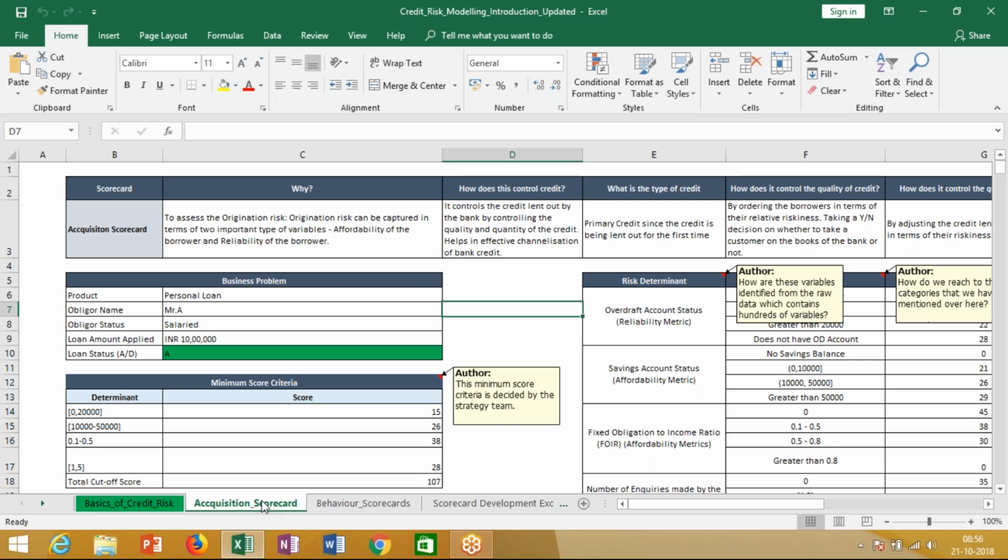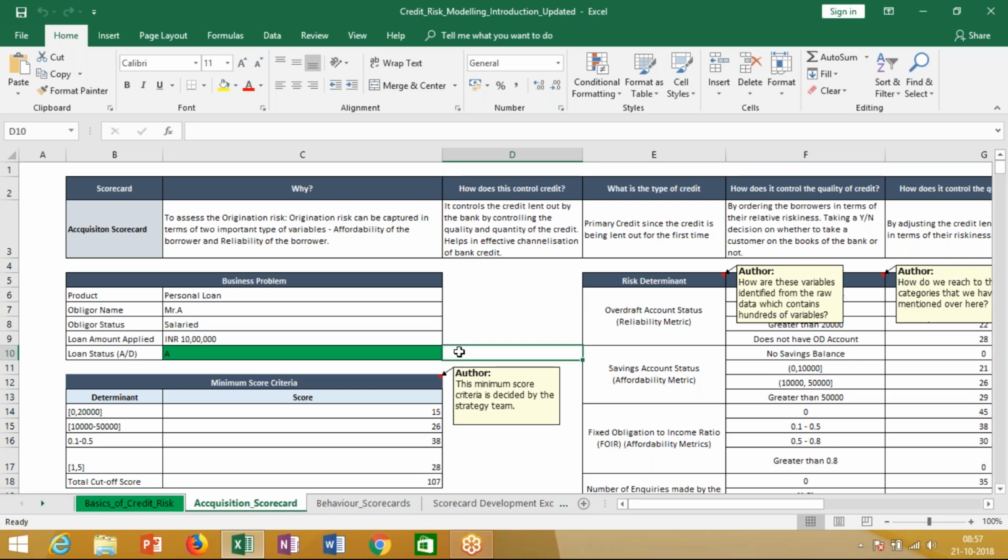Now, how does the bank address this question? So the way the bank addresses this question is in the following way. What the bank tries to do is assess the affordability and the reliability of the borrower for that particular product, right? So they want to understand that if I'm giving the credit to a particular borrower, is the borrower a good borrower or is the borrower a bad borrower,